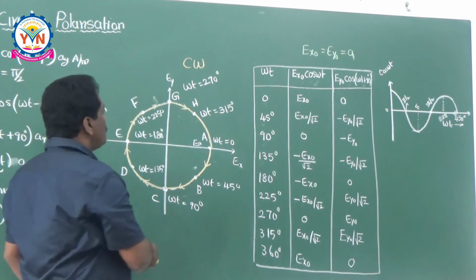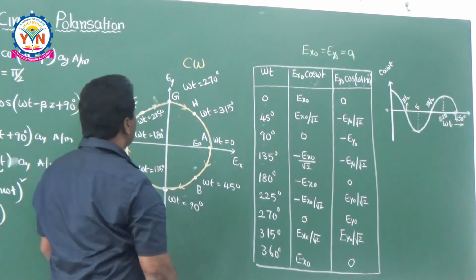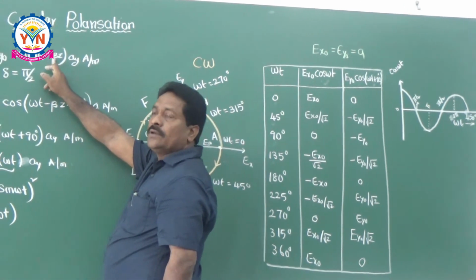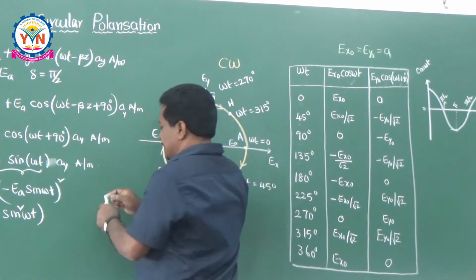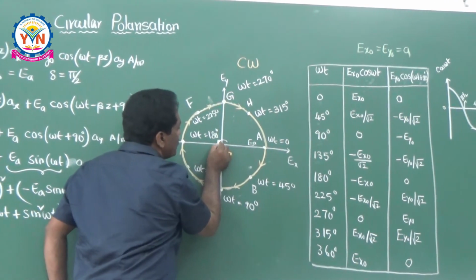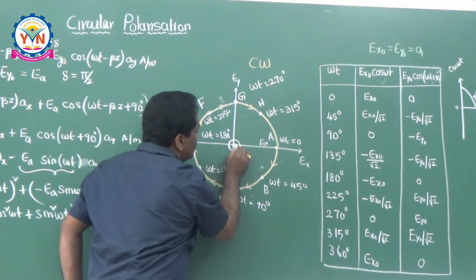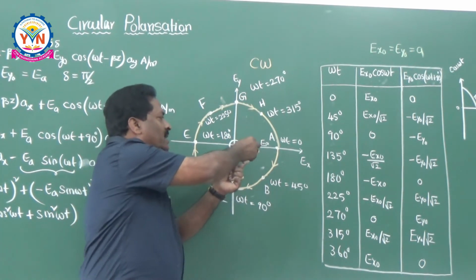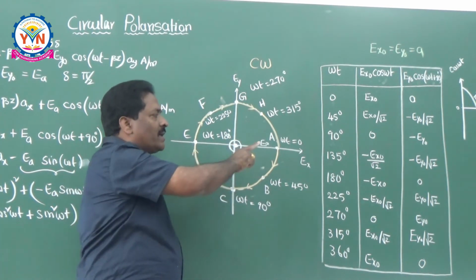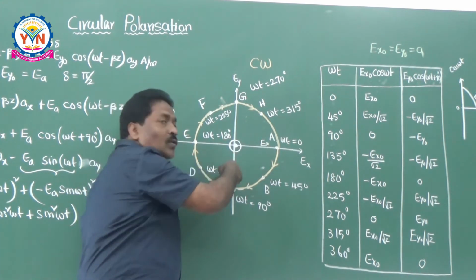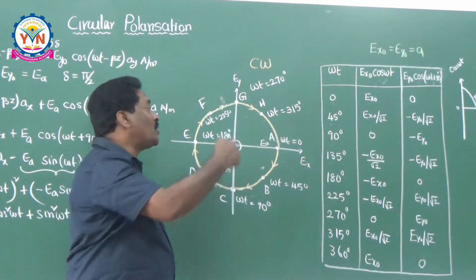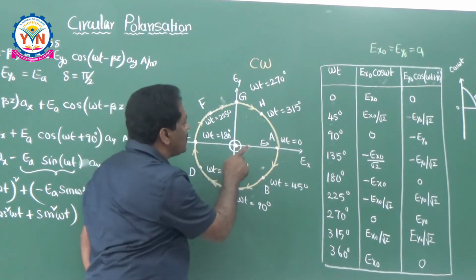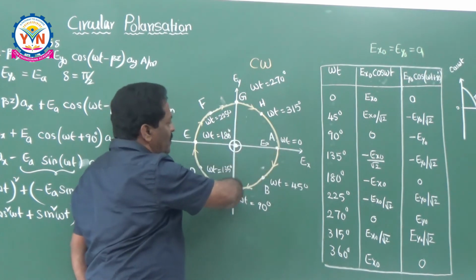Now, coming to the direction of the wave, what is the direction of the wave I have taken? The direction of the wave is in the Z direction, positive Z direction. This is the Z axis, and a point here indicates that positive Z means the wave is coming out. Suppose I put a cross, it is negative Z direction, that means into the board. So whenever it is coming out like this, it is a clockwise movement here.